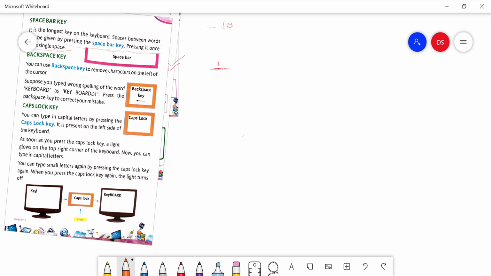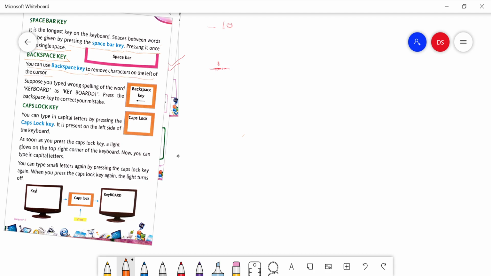Now we will move to the next key, that is the backspace key. This is also a special key. As the name indicates, the backspace key is used to delete characters from the left of the cursor.